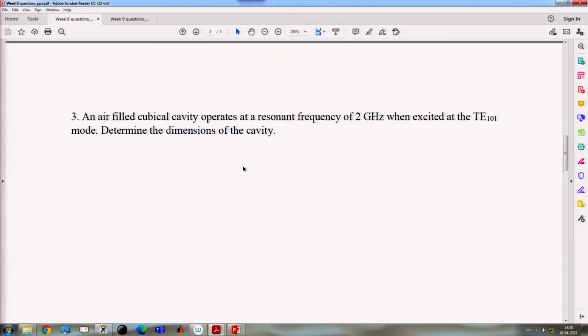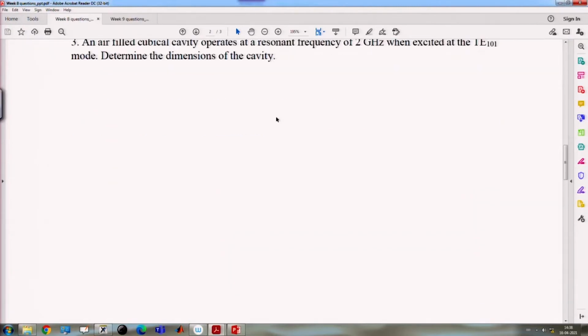So, these are the dimensions of the cubical waveguide cavity. So, this problem is complete. Determine the dimensions of the cavity. Next problem is